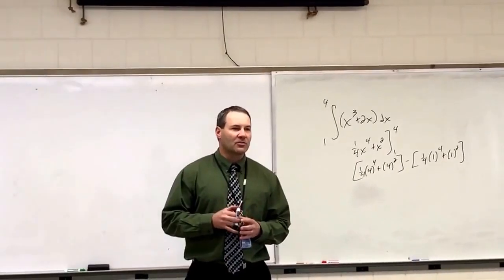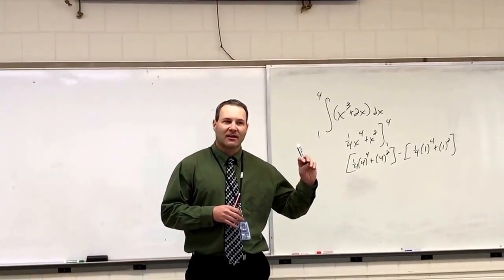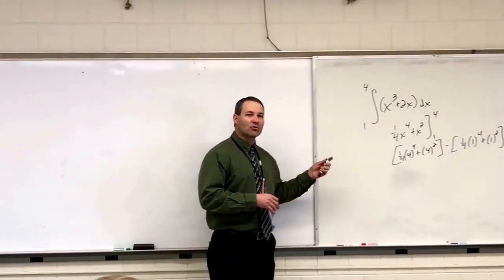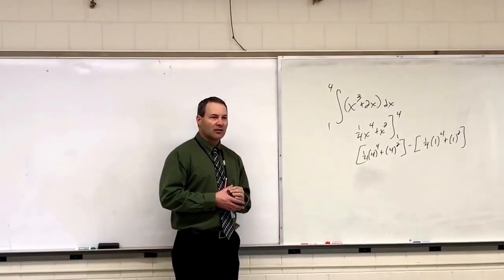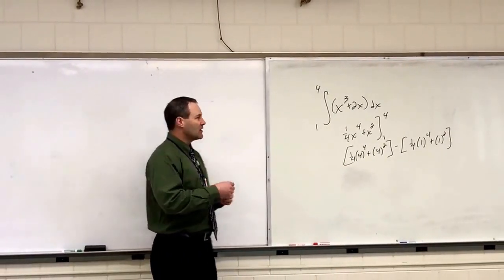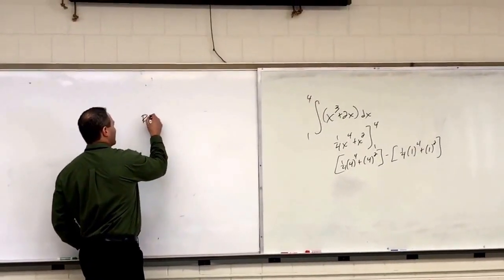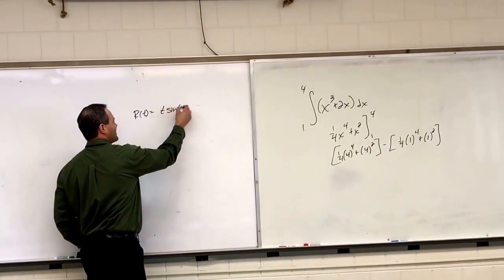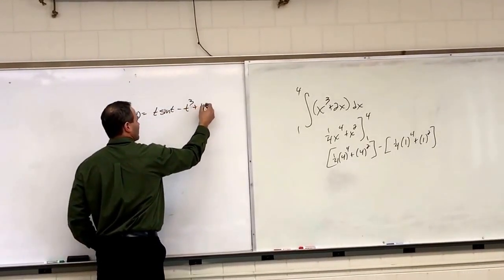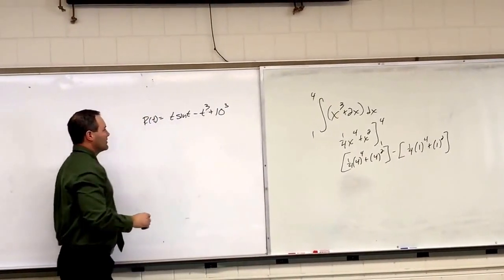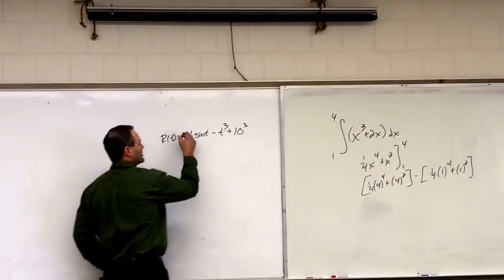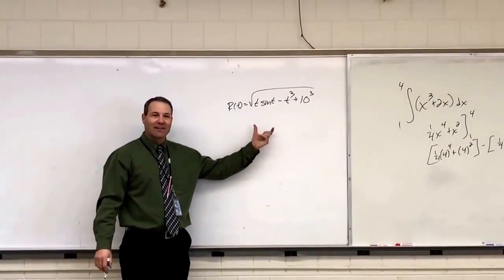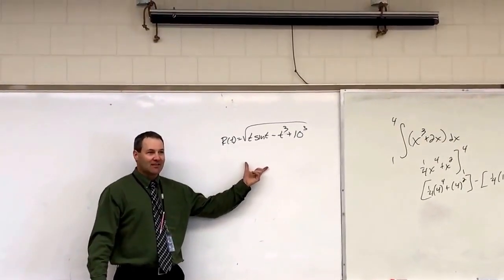It is important to know how to do this stuff on your calculator. On the AP exam, it's expected that you will do integrals and derivatives on the calculator. Like they'll give you a huge function, like t sine t minus t cubed plus 10 to the third or something like that, maybe with the square root of the whole thing too. So if this is the rate at which water is flowing into a tank,